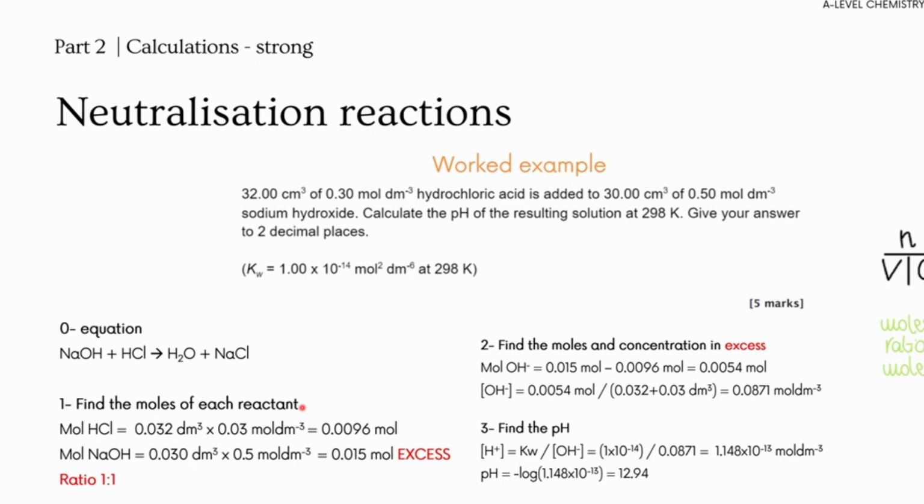When you have the value of both reactants, you know that one will react, the other one is going to be in excess. So one is fully used up, the other one will be present in excess, which means that you need to calculate the amount in excess. Okay? This is the first thing, and you must be able to interpret it from reading the question. Then,